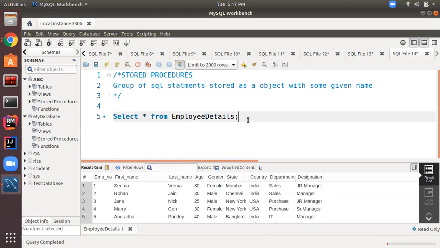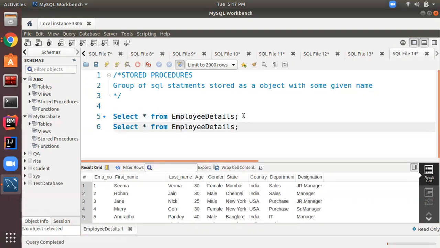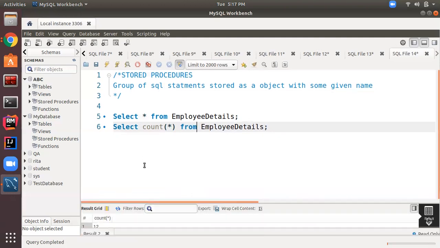Now another query: I want to display the total count of employees present in the employee details table. For that, I write the query like this: select count star from employee details. So this query will show me the number of records present in the employee details table.